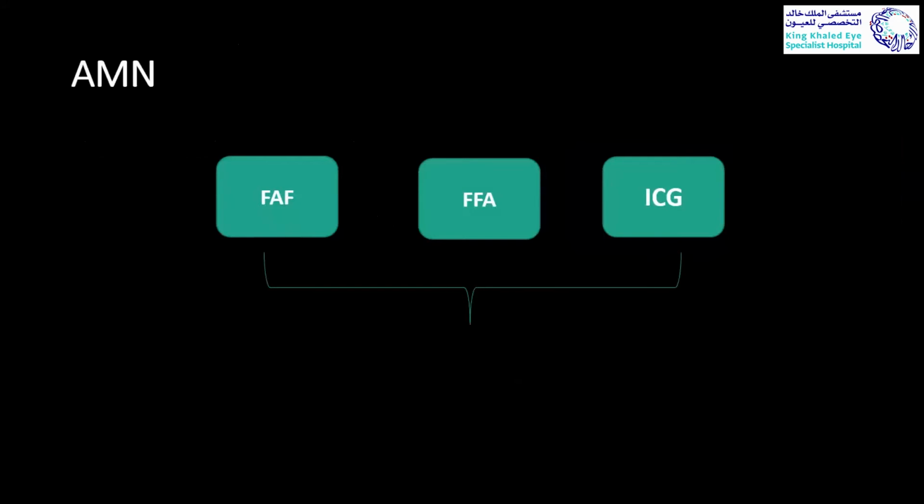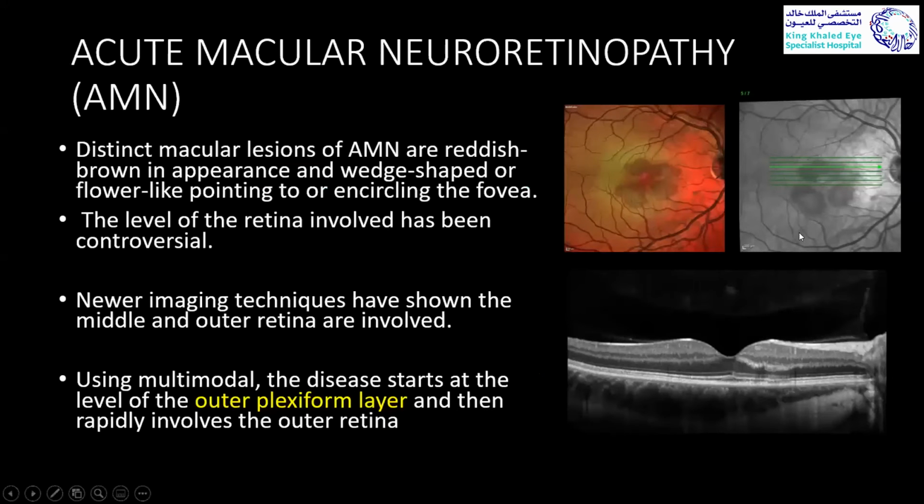What is interesting regarding this disease is that the blue light autofluorescence, the fluorescein angiography and ICG are always, or most of the time, normal. So you will not pick up this disease with these modalities of imaging. The best way to detect this lesion is near infrared imaging. With these images, you can delineate the affected area in the deep retinal layers that causes the patient's problem.